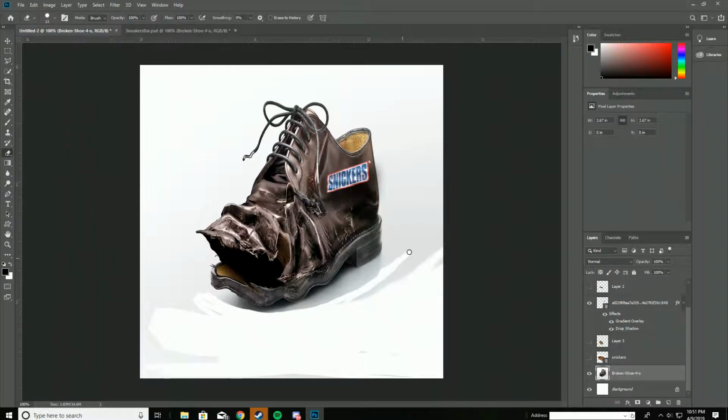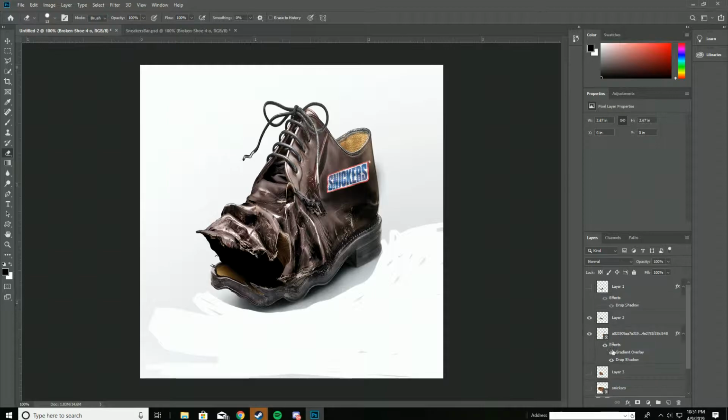I want this to be nice and, doesn't have to be the best, but just kind of do that a little. You get the point. It's just a shoe. And we're gonna go ahead, actually put all these layers back, add the Snickers, and bam, you have a Snickers